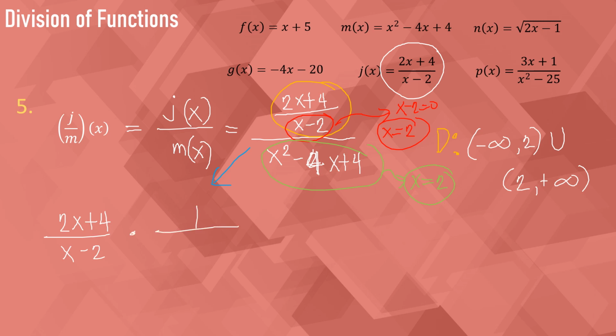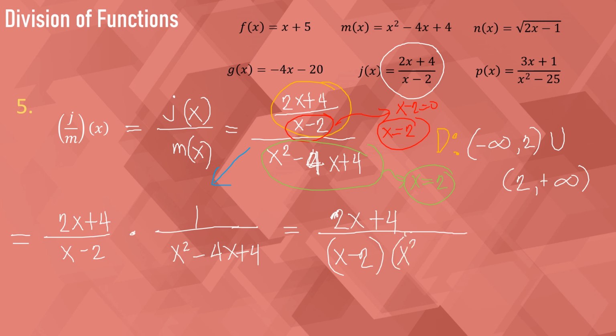The reciprocal of x squared minus 4x plus 4 is 1 over x squared minus 4x plus 4, and that will become 2x plus 4 over x minus 2 times x squared minus 4x plus 4, which is equal to 2x plus 4 over,